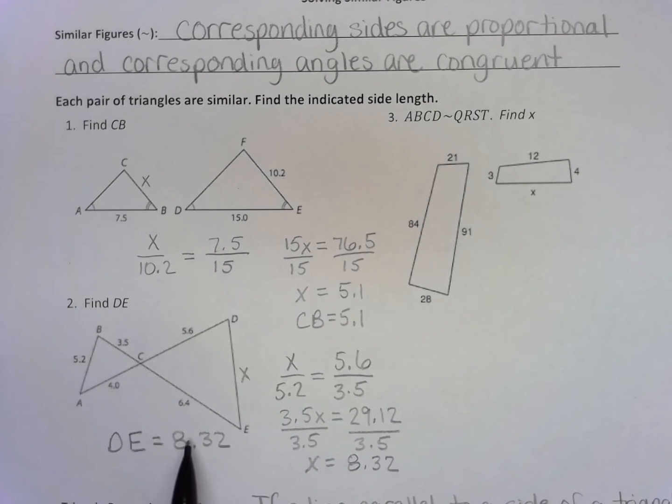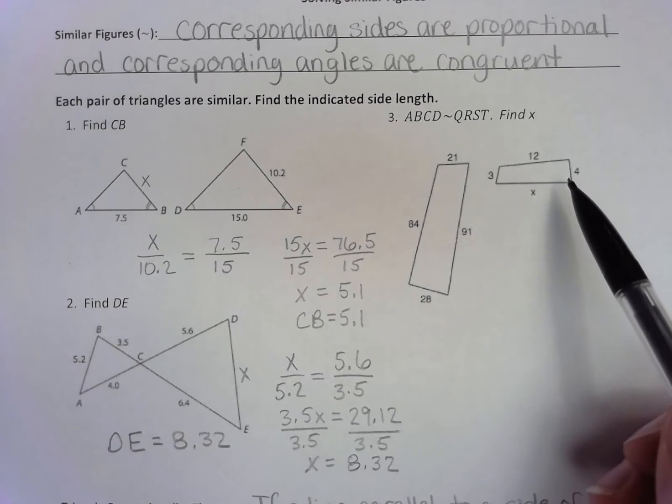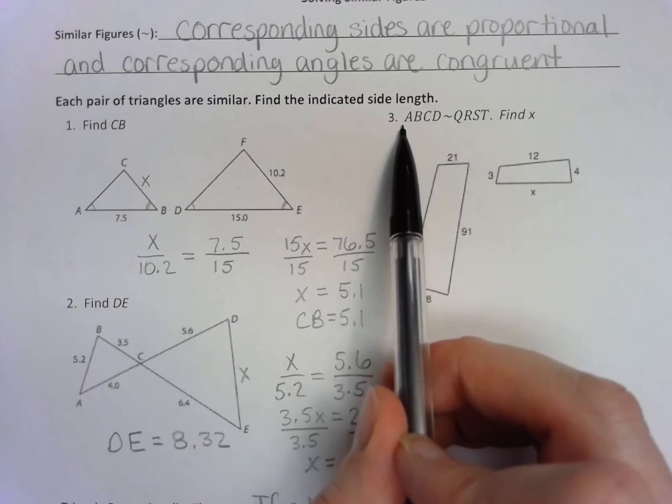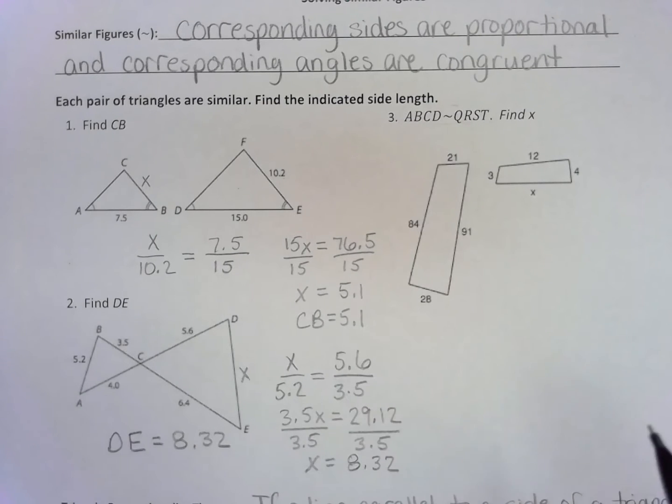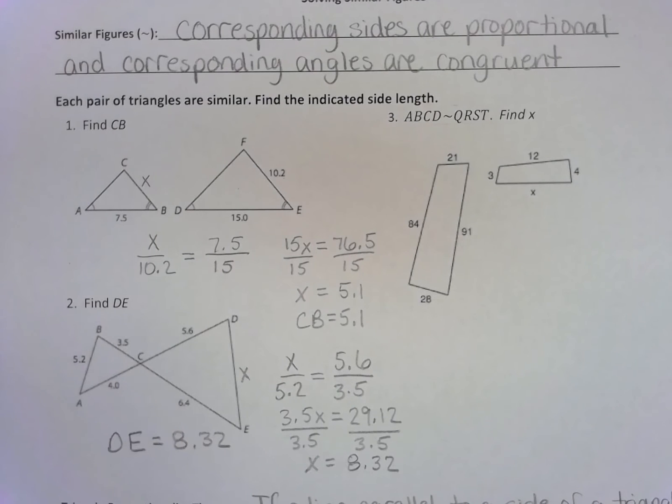Of course, you could always set that up with the corresponding sides to see that it is actually proportional with the other sides that were already given. Let's look at another pair of figures. This time we're working with some quadrilaterals. It did tell us that they were similar, so we can find that missing side because the corresponding sides